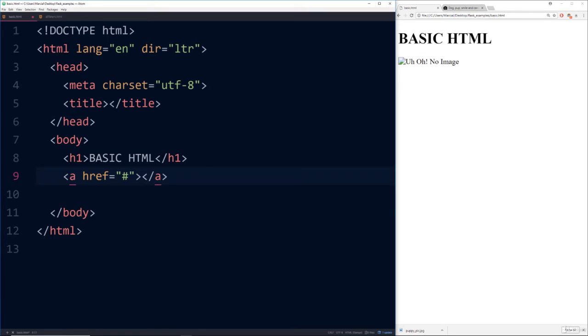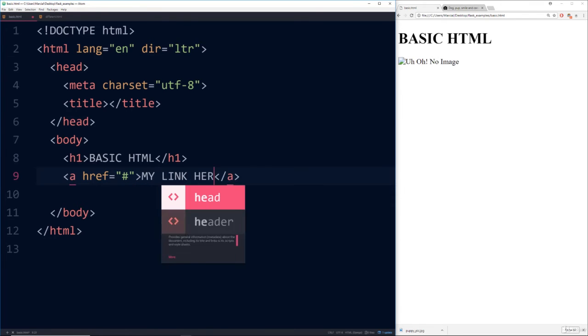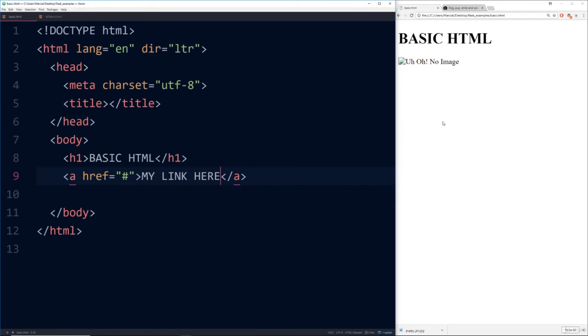And what happens is you can type something into this anchor tag, so my link here. Save this, and I'm going to refresh the page here, and I see my link here. Notice it's a hyperlink. Granted, when I click on it, nothing's actually going to happen because it doesn't know where to link to, which is what this href is for. So I have two options. I can either link it to another HTML file I'm hosting locally, or I can even link it to another website. For example, I can type out